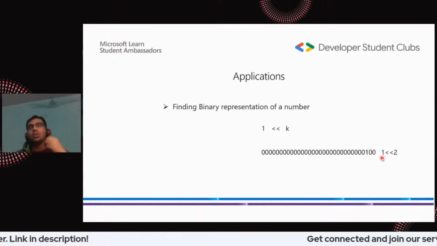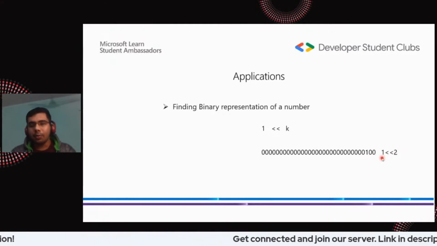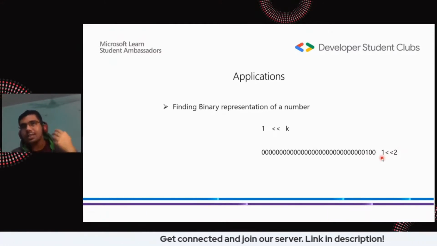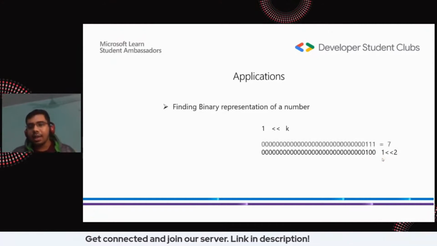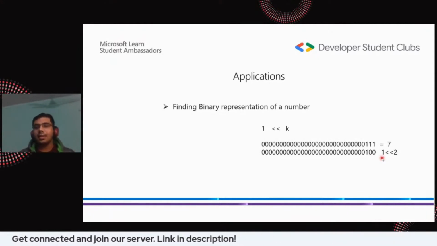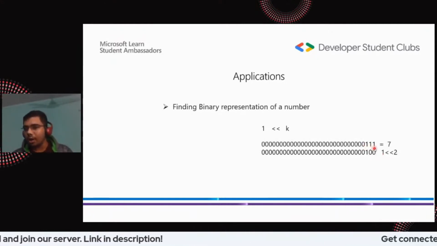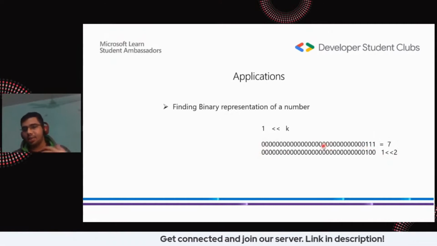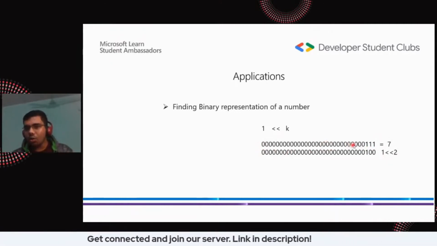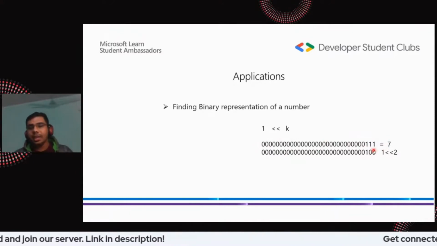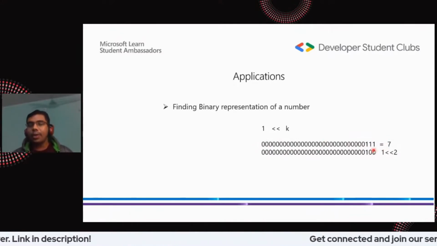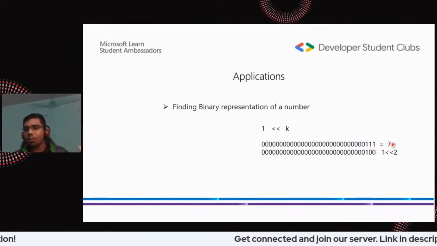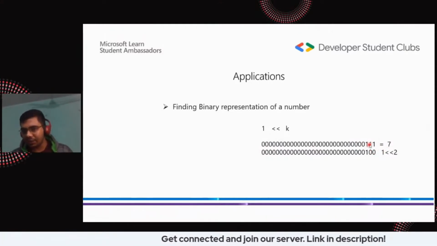Okay, now let's consider you are given a number, say x, and we consider x as a value, say 7. So 7 is basically 111, and all the other 29 digits before that are 0, right? So 0s and then comes 111 for 7. Now look here carefully. Can we do something with this? We know the left shifting concept, we know the number and the binary of the number.